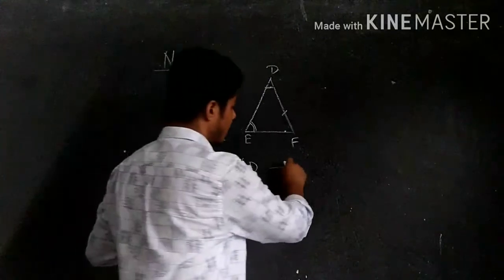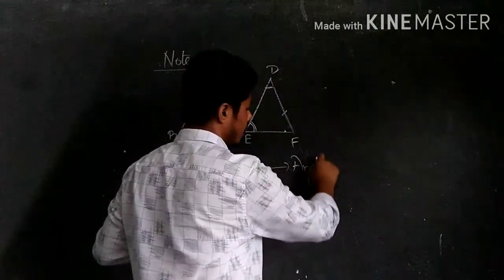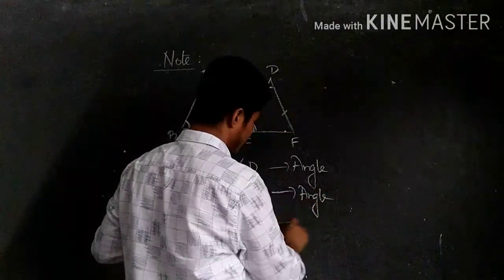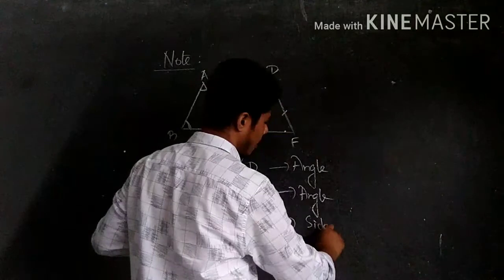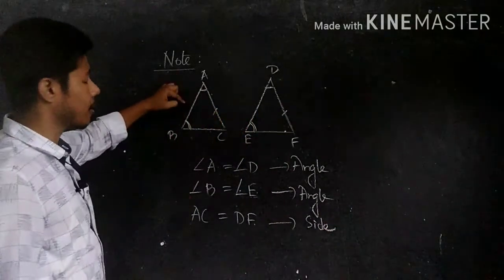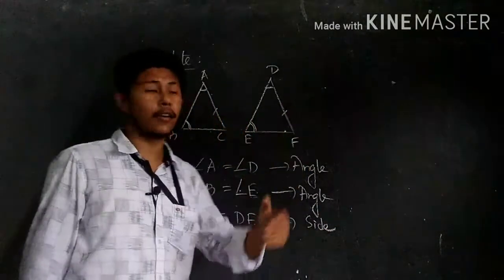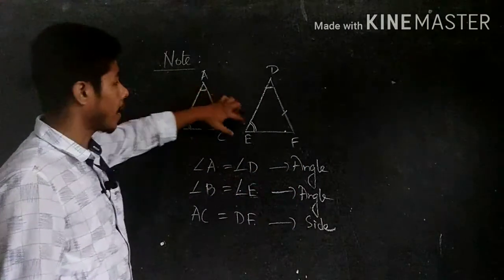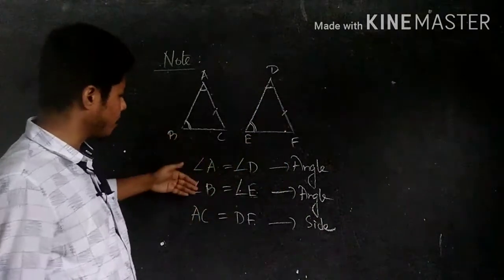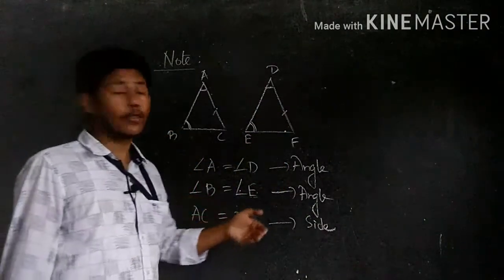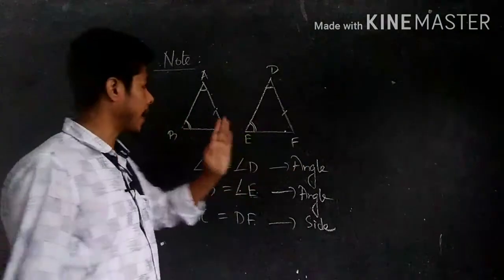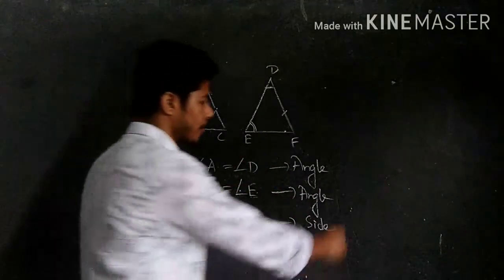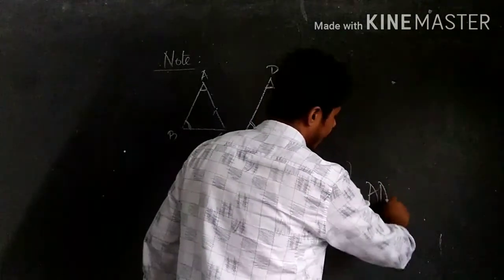So here the first one is angle, the second one is angle, and the third one is side. In the earlier case, the side is included, so that's why we write angle, side, angle. But in this case, you see angle, angle, side, or we can write B first, then A, then AC. So here, not angle, side, angle, but angle, angle, side. In this case, we can apply this criteria also, which is represented by the angle, angle, side congruence